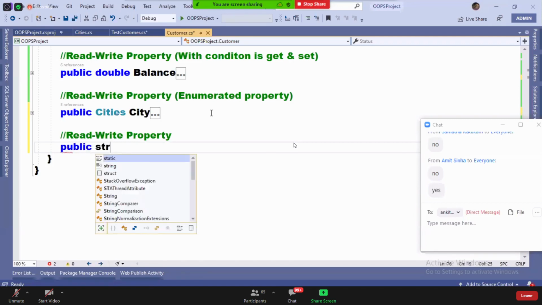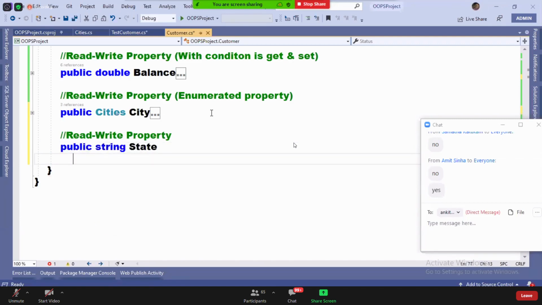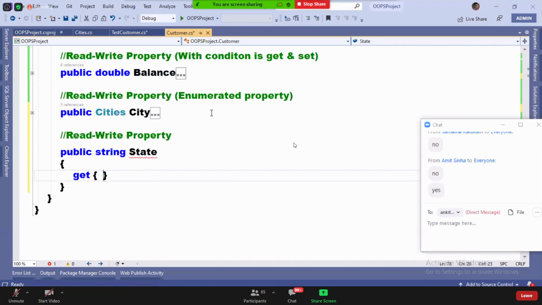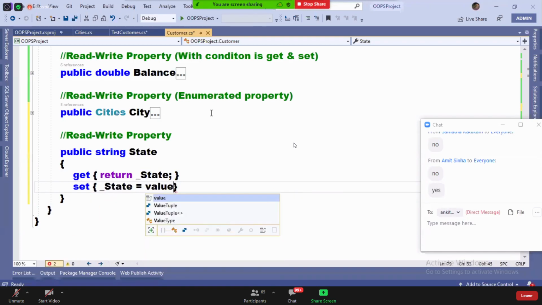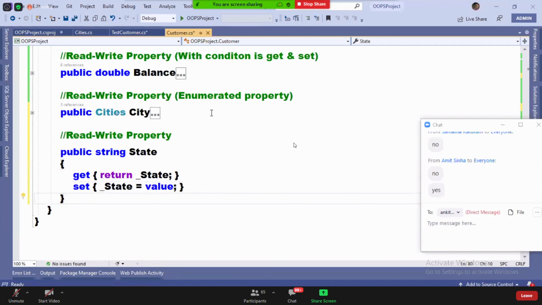Public string state. Get, return underscore state. Set, underscore state is equal to value.